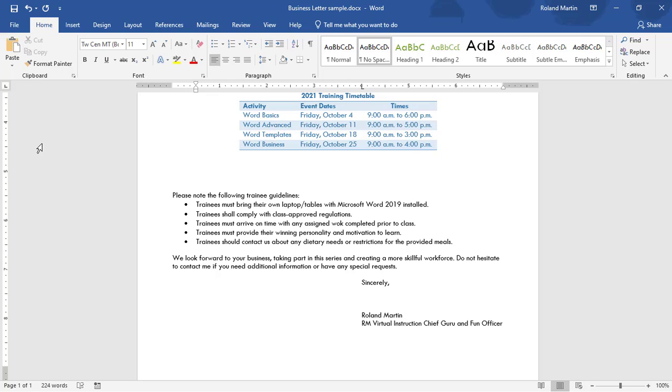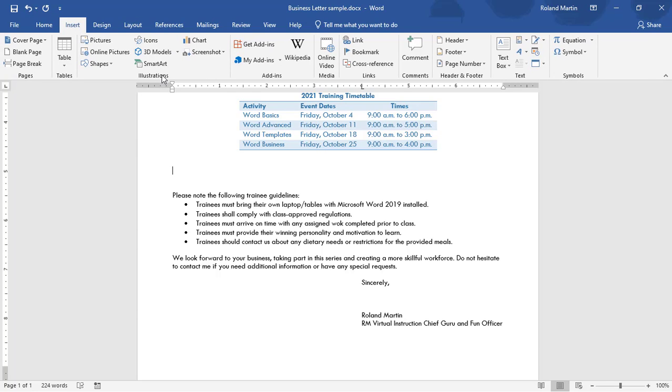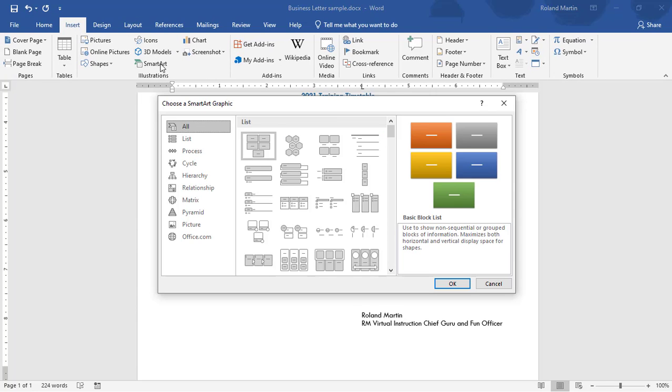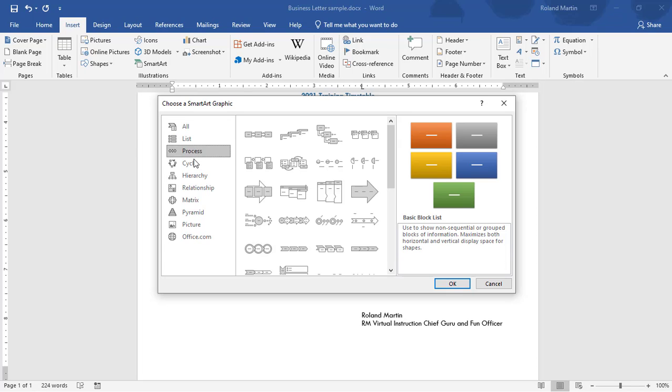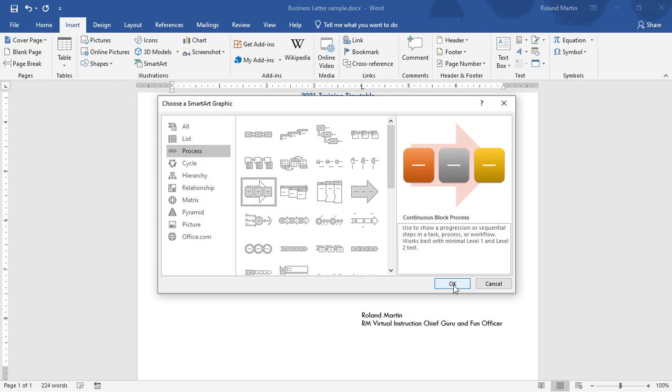And we will simply go to the Insert tab. We're going to go to the Illustrations group, click SmartArt. We'll select one. We're going to do a list. We could do a process, a cycle. If you're doing a hierarchy, such as with an organizational hierarchy chart, then you could use that. So lots of different ones you can use here. We're going to use a process, and we'll select this continuous process block so that as we progress through the Office Suite. So we'll select this, hit OK,